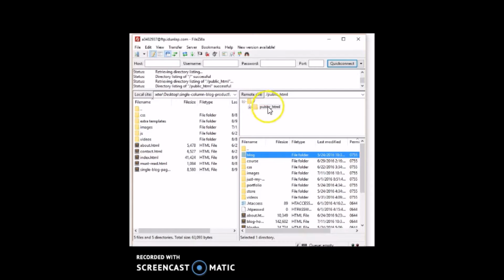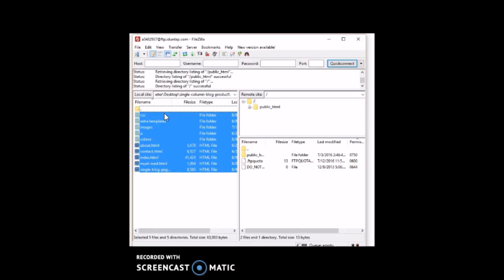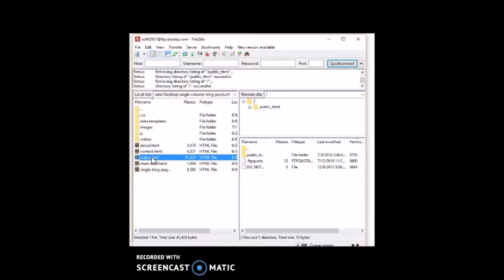So for you, what you want to do is basically copy all these and then simply drag them into your folder. Now I don't want to do that right now because I don't want to mess up my files, but that's as simple as that. And then once you drag them in, remember your index page is your home page. So whatever that page is, is going to be your home page. So just like mine,